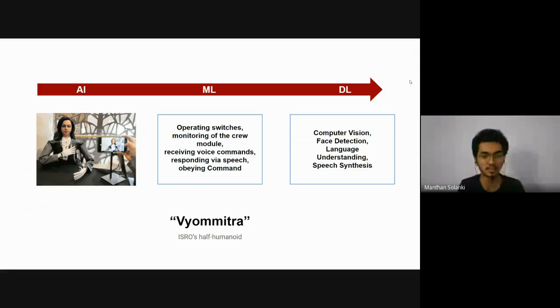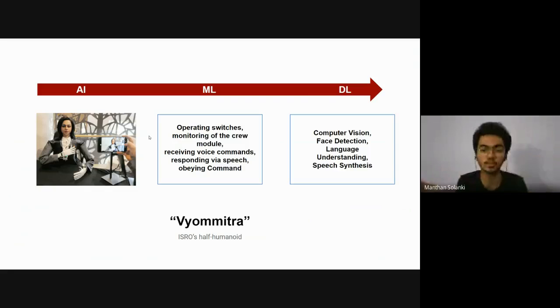Then the tasks which can be done by Vyomitra are operating switches, monitoring crew modules, receiving voice commands, responding via speech, and obeying commands. These tasks require deep learning. How? With computer vision, they have fitted a camera. The camera captures the image, like this is the switch, this is the crew module, I have to look at this module and press this switch.